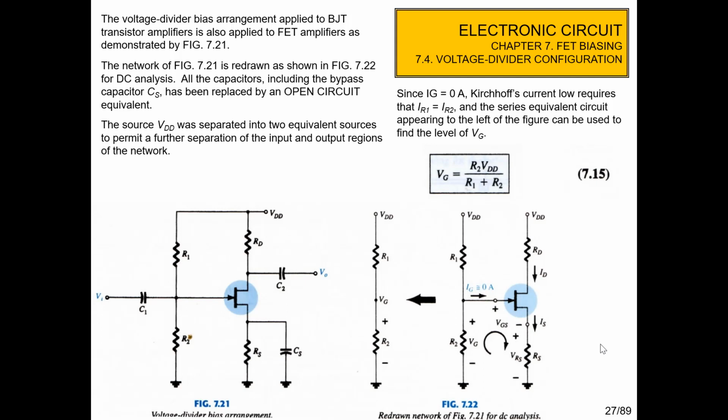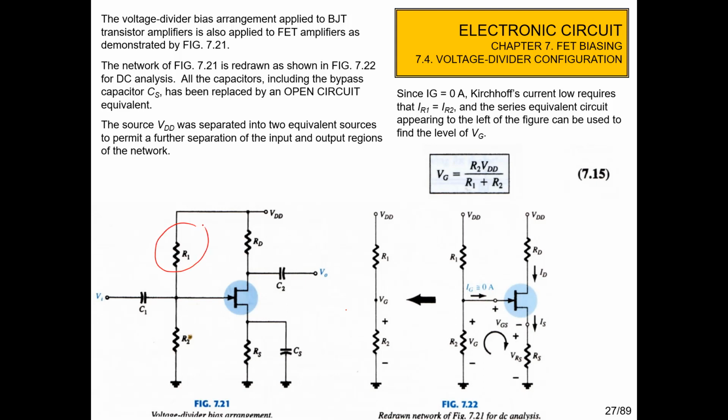This is the second part of DC analysis of the FET. In the second part, we will continue the circuit configuration for DC analysis of the FET. The first one is voltage divider, as you can see in figure 7.21 here. If you remember the self-bias, we didn't include R1 there,